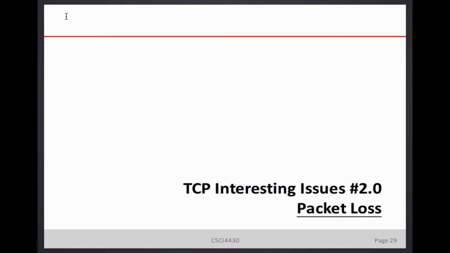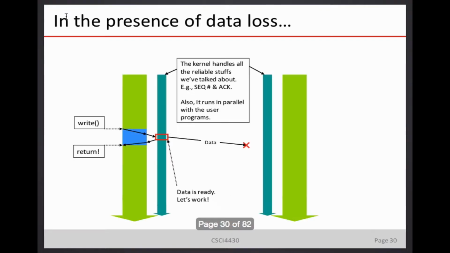Mention a little bit over the packet loss. Okay, so what happened when the packet loss is coupled with system call? Previous time we didn't explain. Okay, so you already know that the write system call during the connection will generate data, right? And when it generates data, it basically gives you an immediate return, no matter whether it is acknowledged or not.